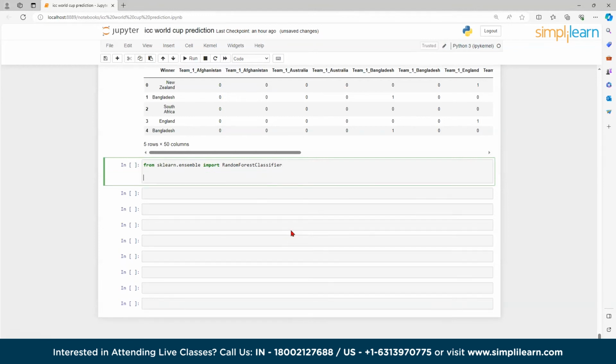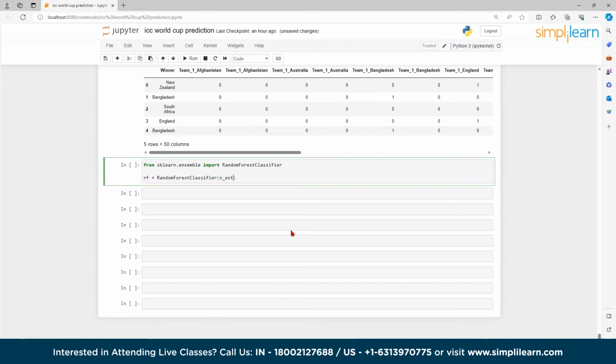Okay, then let's create a random forest classifier. So for that I will write rf equals to RandomForestClassifier